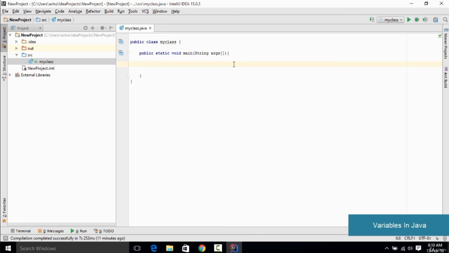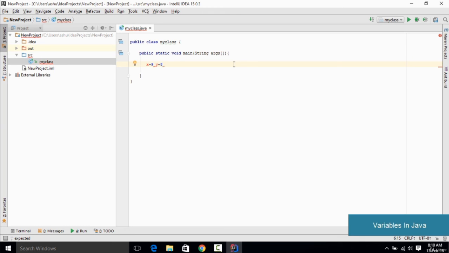So once you have deleted it, we are actually going to create a variable, but before creating a variable, let us understand what a variable is. For example, if you remember from your algebra class, we used to have some things like x equals 9, y equals 8 and something like that. So what we used to do is that we used to have some alphabets which were used